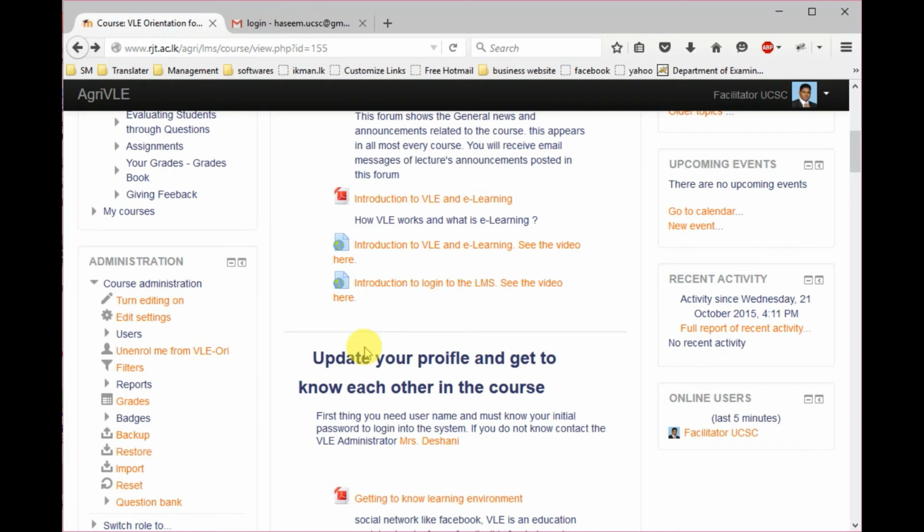There are some other lecturers who conduct their courses on a weekly basis. Rather than a topic, they have some work done in the first week, second week, third week. How many weeks in the semester? 15 weeks. So there will be 15 sections. Every week the slides, whatever material is given, activities, assignments, are given in a weekly structure. So different courses may have different structures, and that depends on the teacher's preference.